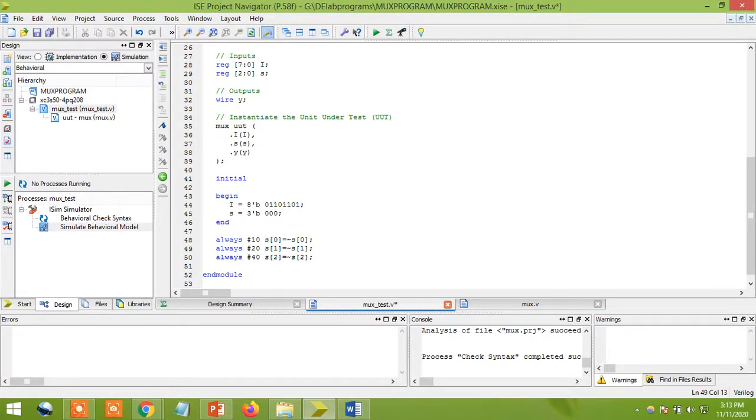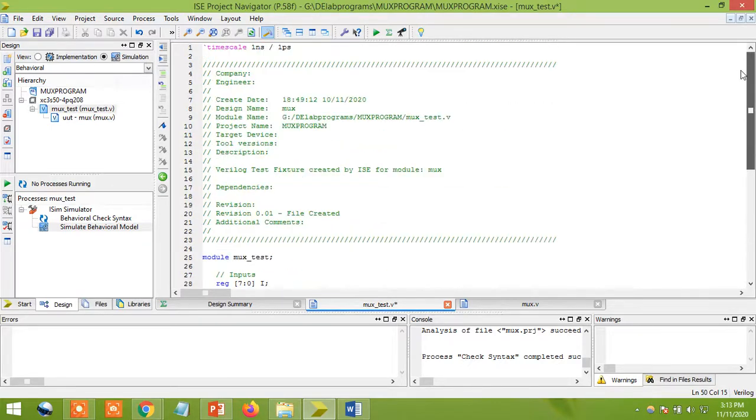So in this way, you can see that S1 changes to not of S1, and S2 changes to not of S2. In this way we can use the always statement. Sir, otherwise if I don't want this, can I use the initial statement? Yes, you can use that one. That I'll also show. First we'll verify this one.